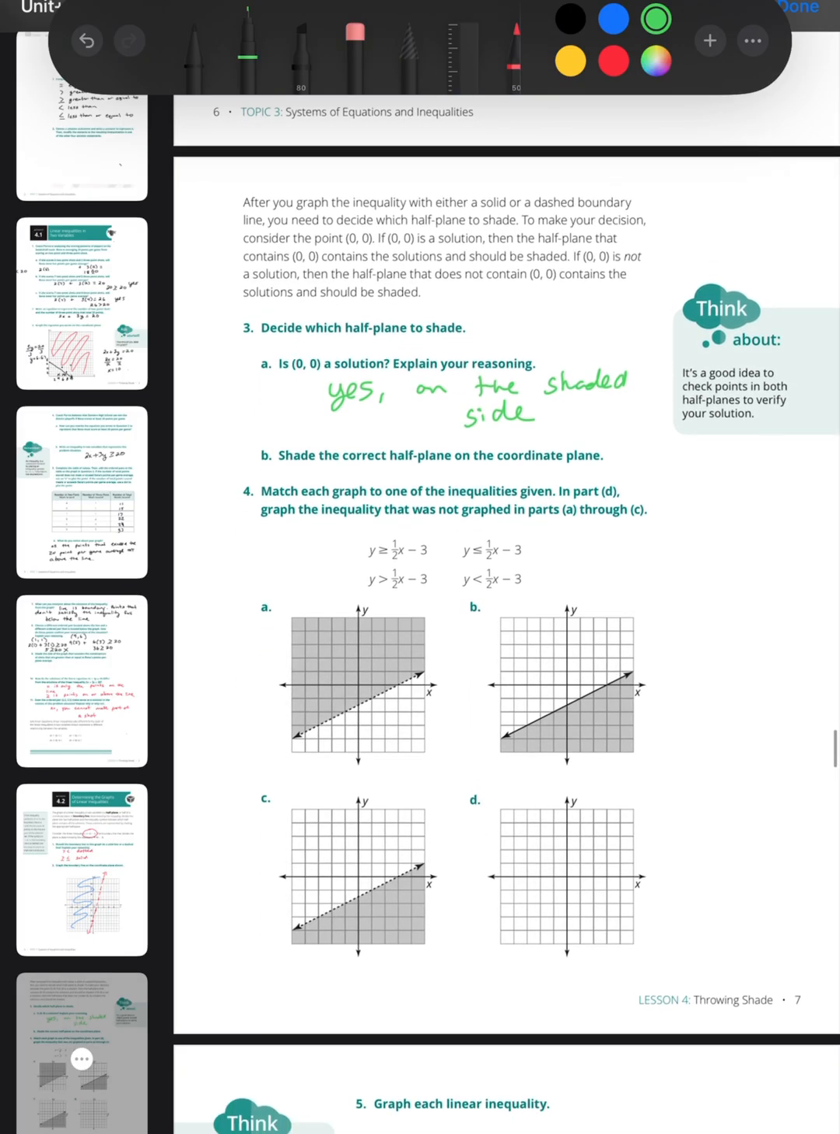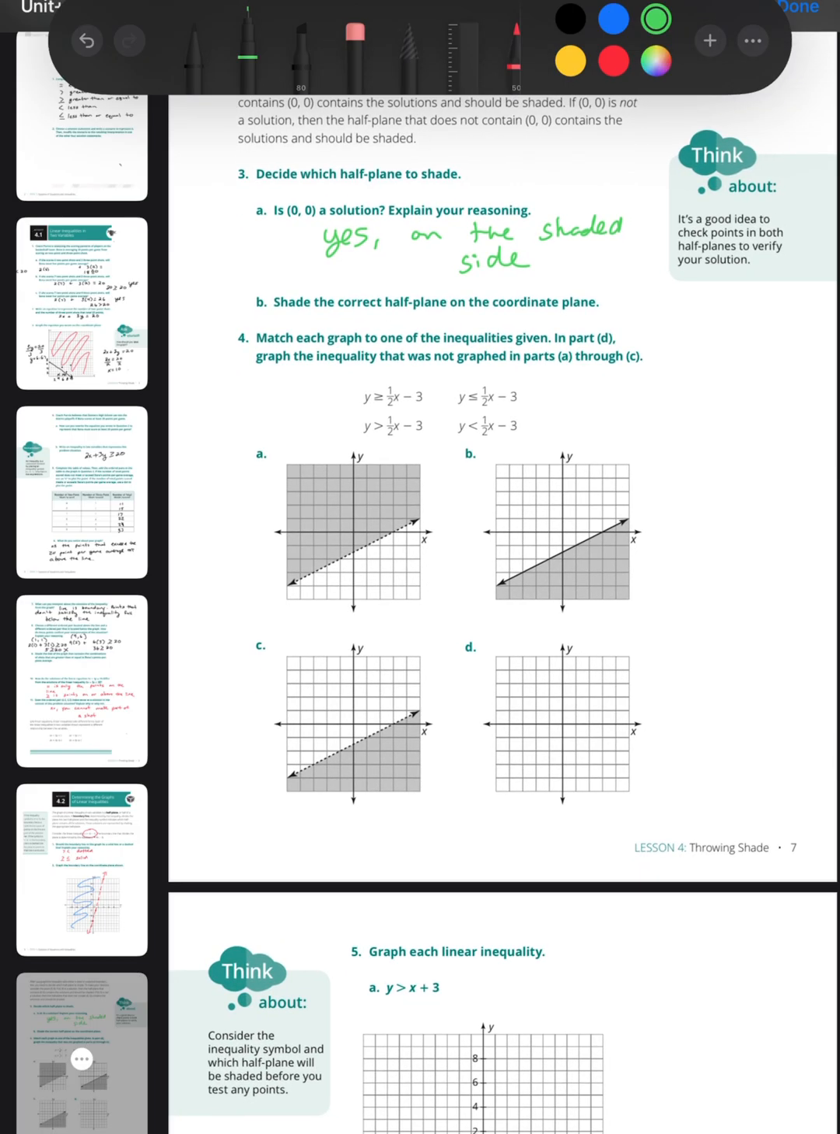Okay, and we already shaded the correct half plane. So now down to 4, it wants us to match each graph to one of the inequalities given. In part D, graph the inequality that was not graphed in parts A through C. Okay, well, when we're looking at, let's say, the first inequality there, y is greater than or equal to 1/2